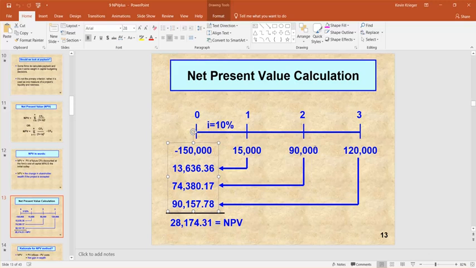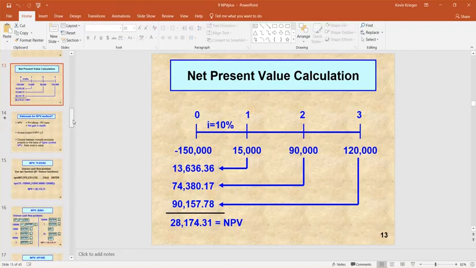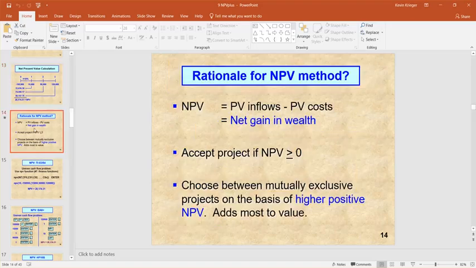But you could also use the solver on your time value of money calculator too. You could say that your N, for example, is 2 and your future value is 90,000. What is the present value if the interest rate is 10%? Well, 74,380 sort of thing. So again, this is kind of taking some of what we've done before with time value of money into the next level. It's even faster.